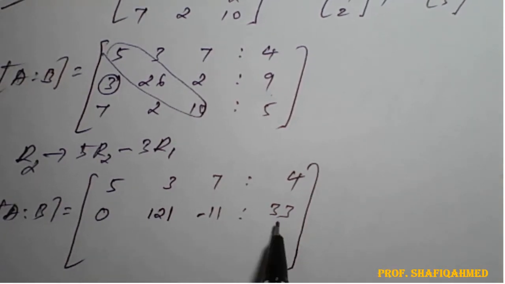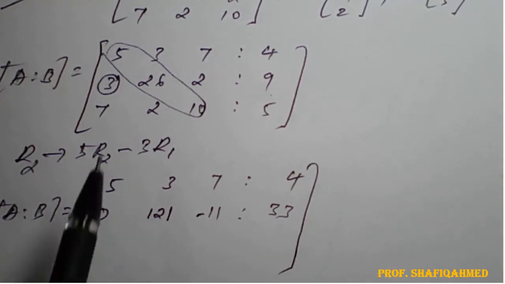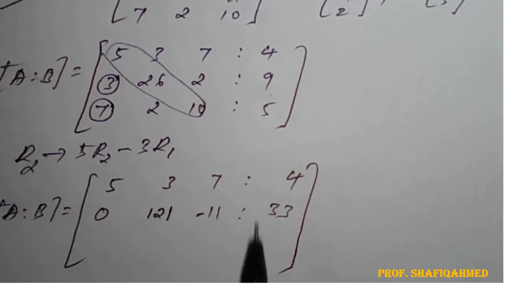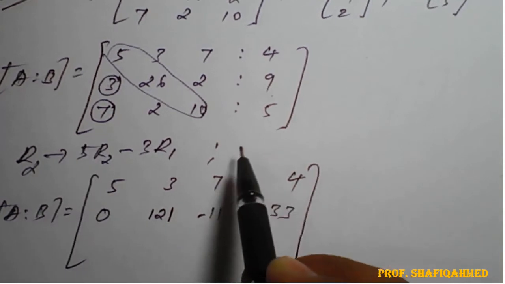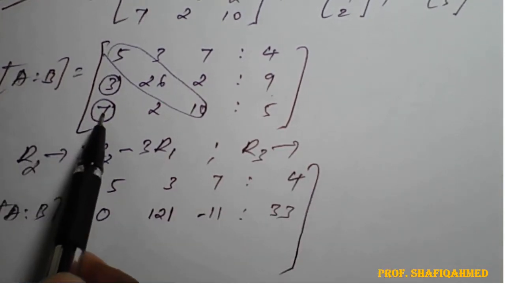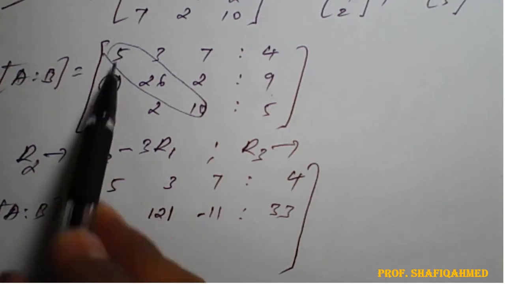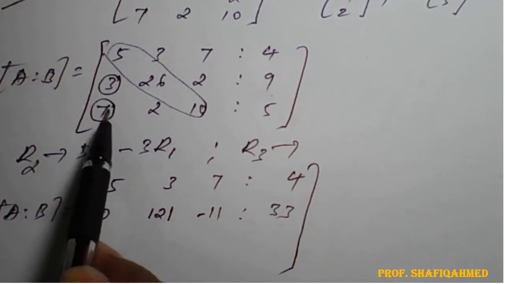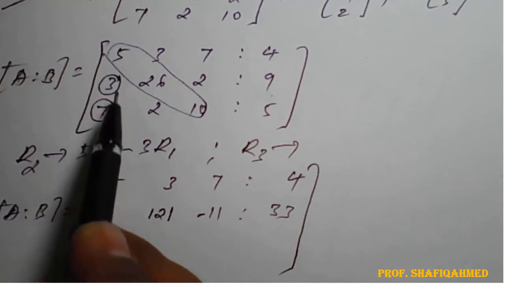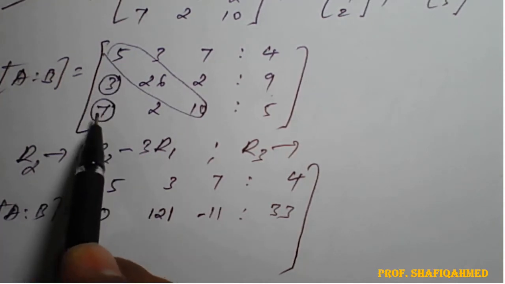Fine. So second row completed and we have made this element 0. Next target, we have to make 7 0. So for this we need to multiply again, we need to write a formula on R3. So R3 and R1, so we have to cross multiply the numbers. So for 7 we need to multiply 5 and for 5 we need to multiply 7 to make a common number. So 7 into